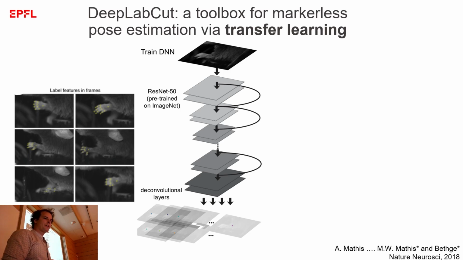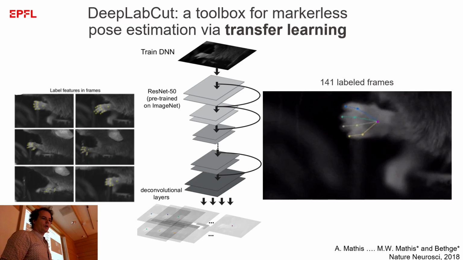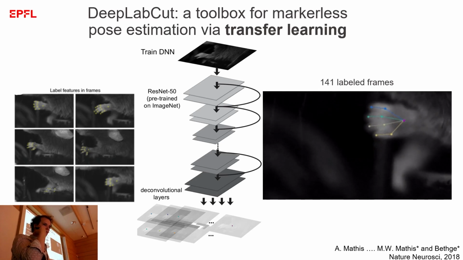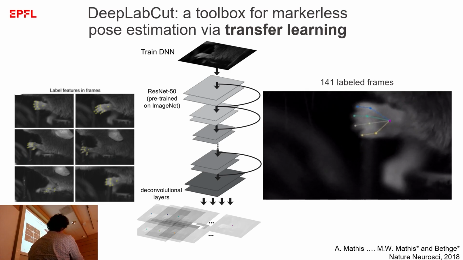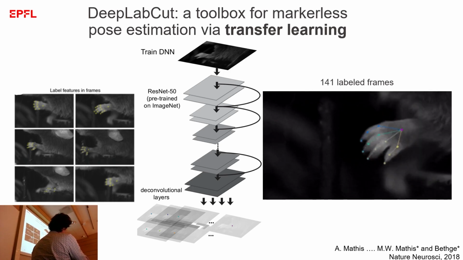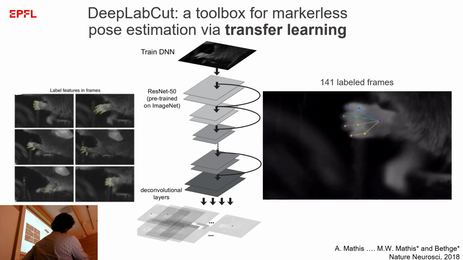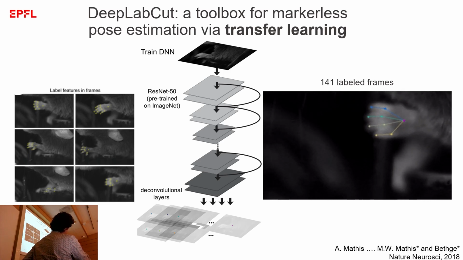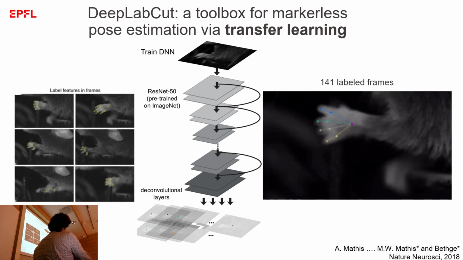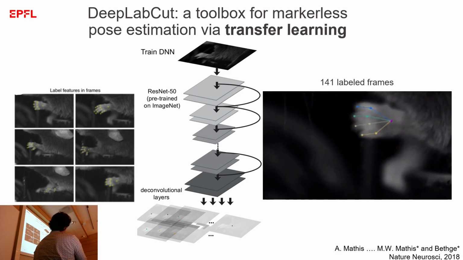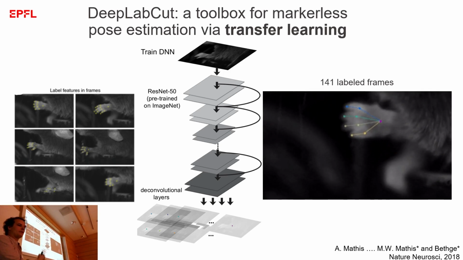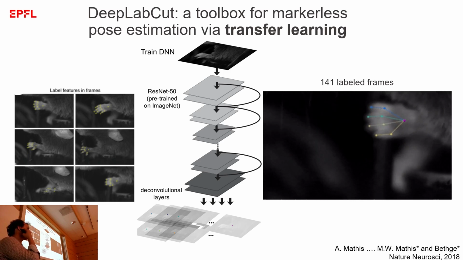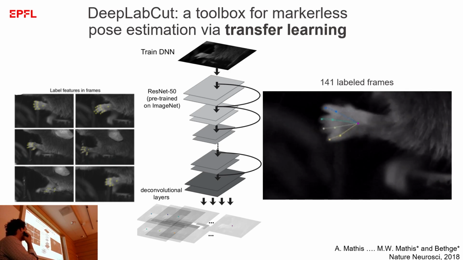So in this paper, what we showed is that first this works really well based on state-of-the-art architectures at that time. And I think what was exciting in this paper was that we showed this works with very little work. So if you label 141 frames like this, and you train your own little neural network, then it works, it generalizes to other mice, and so on. And what is exciting here is, of course, that